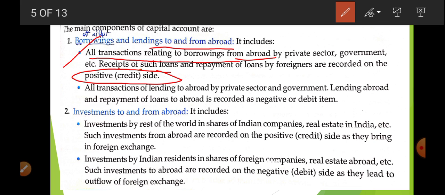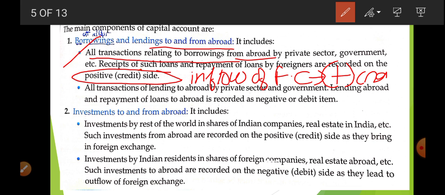Why? Because when you borrow money from America, or from the World Bank, or the International Monetary Fund, there will be what? There will be an inflow of foreign currency. So whenever there is an inflow, it is recorded on the positive side, that is, the credit side. All transactions of lending to abroad are recorded as negative, that is, the debit side. Why? Because there is an outflow